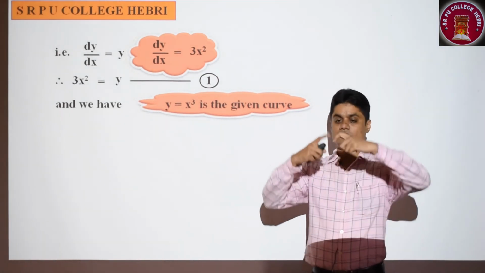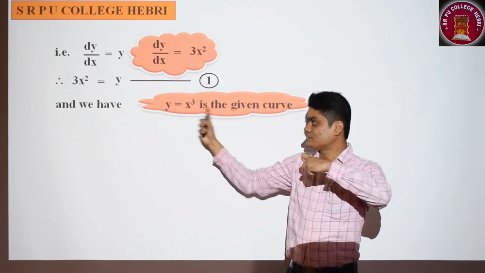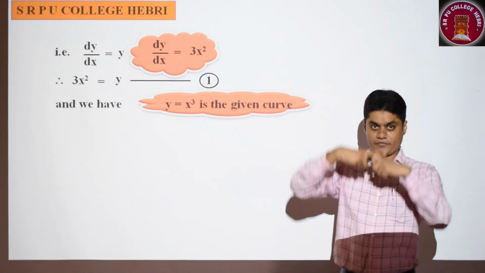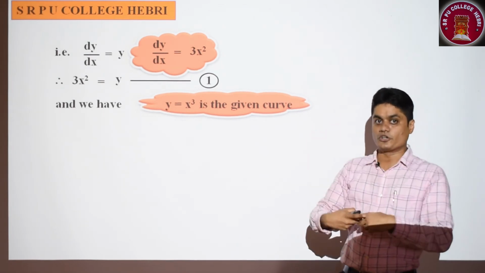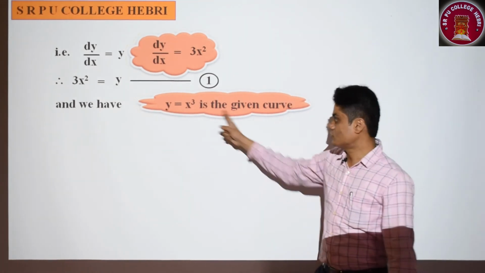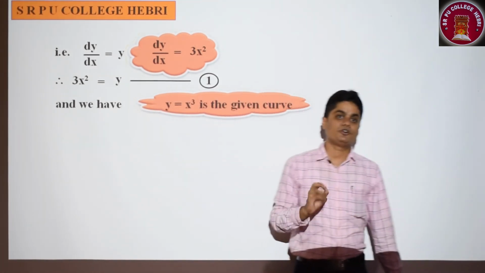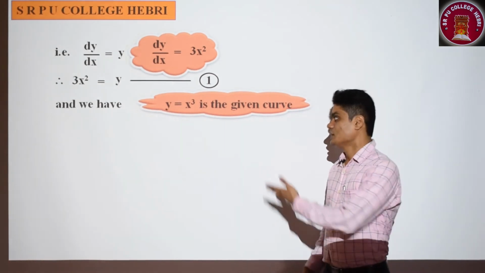Because the curve and the tangent have a common point. The point belongs to this line as well as this curve. So to find out that point which is common to both the line and this curve, definitely you can solve those equations. So now you have to solve these two equations. When you solve these two equations, definitely you will get the point which is a common point for the tangent as well as the curve. So how to solve?